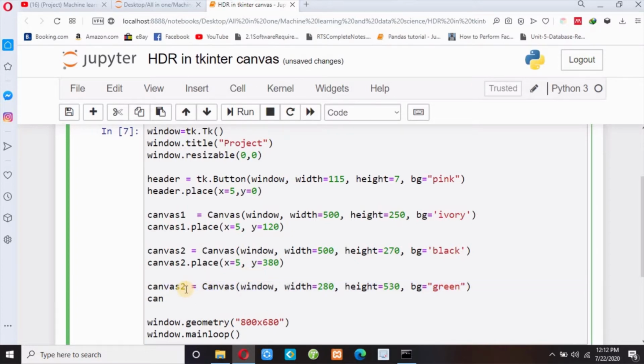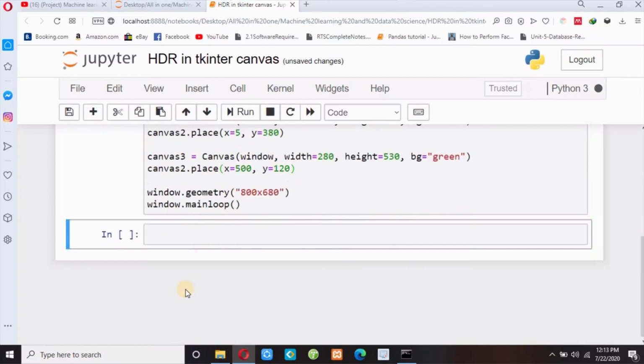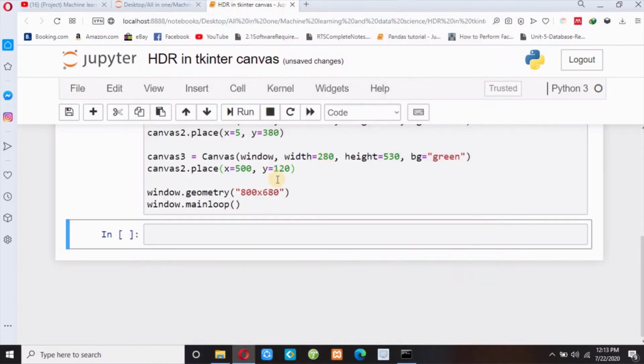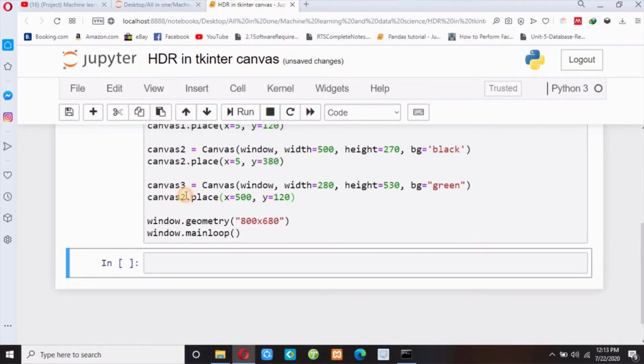Sorry for that. Canvas3.place method. Suppose x equals 500 and y equals 120, and if I execute this, okay, sorry for this, what happened? I have to write here canvas3, not canvas2.